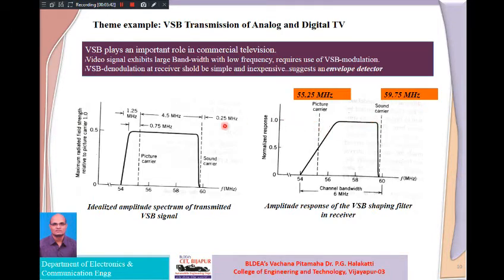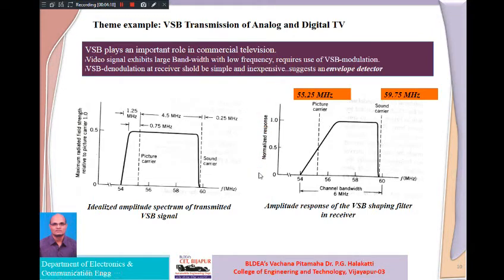Okay, so the idea here is that whatever information you want to transmit is located just before the picture carrier, means before 1.25 megahertz, and above the 4.5 megahertz where the audio will be there. Like that, both the video and audio signals can be transmitted with the enhanced bandwidth in case of vestigial sideband modulation. So its main use is in the transmission of video itself with the enlarged bandwidth compared to the SSB.